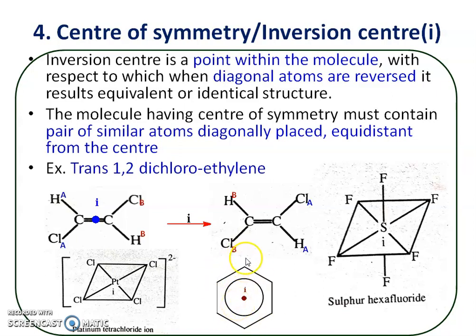As such, when there is a mono substitution, only then does the question arise of which are meta, para, ortho. But I am just trying to explain the diagonal atoms, so just imagine these two are ortho, meta and para, like this. So in benzene there is a center of inversion, and this is about the symmetry element, that is